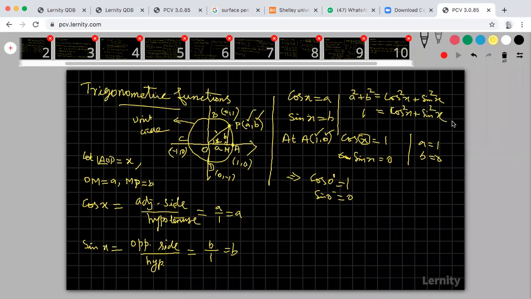So another important point, if you take this P at A, you will get 0 degree. If you take this P at B, this is 90 degree. Your 90 is denoted as pi by 2. So please try to understand. I am drawing here again. Draw the circle, unit circle only. Another diagram for your reference.